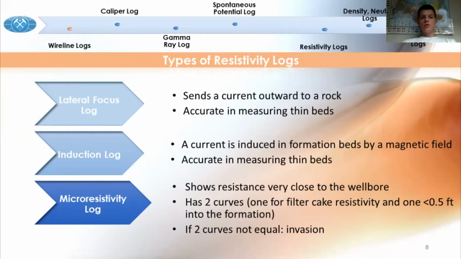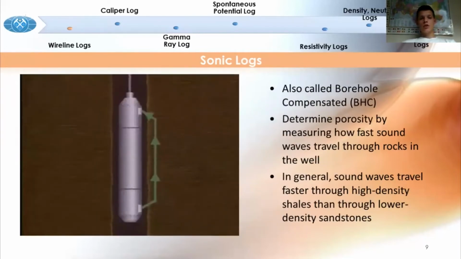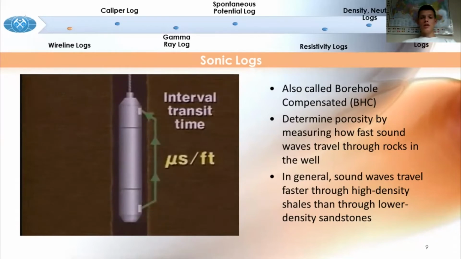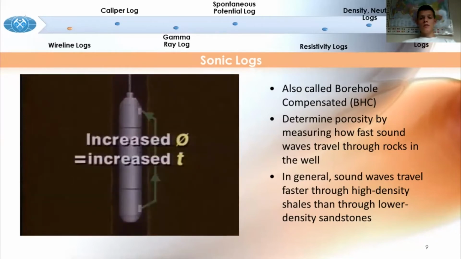Microresistivity log. Shows resistivity very close to the wellbore. Has two curves, one of filter cake resistivity and one less than 0.5 feet into the formation. If the two curves are not equal, there is invasion. Sonic logs, also called borehole compensated, determine porosity by measuring how fast sound waves travel through rocks